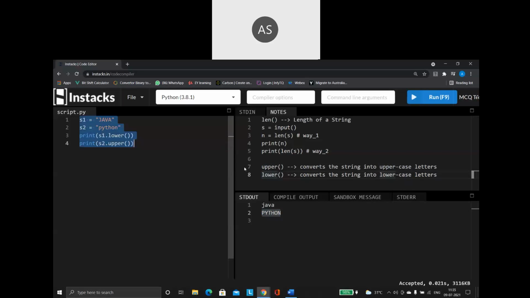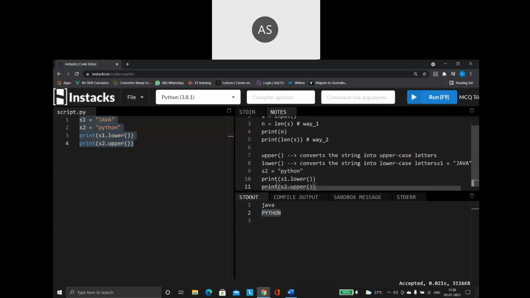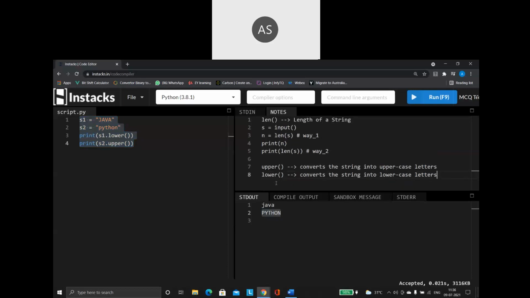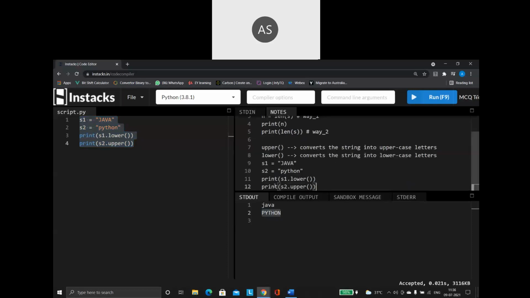Let me copy this and put it here. So what is the point you have to remember? Strings are immutable. Suppose here I say S1 dot lower, then I print S1.